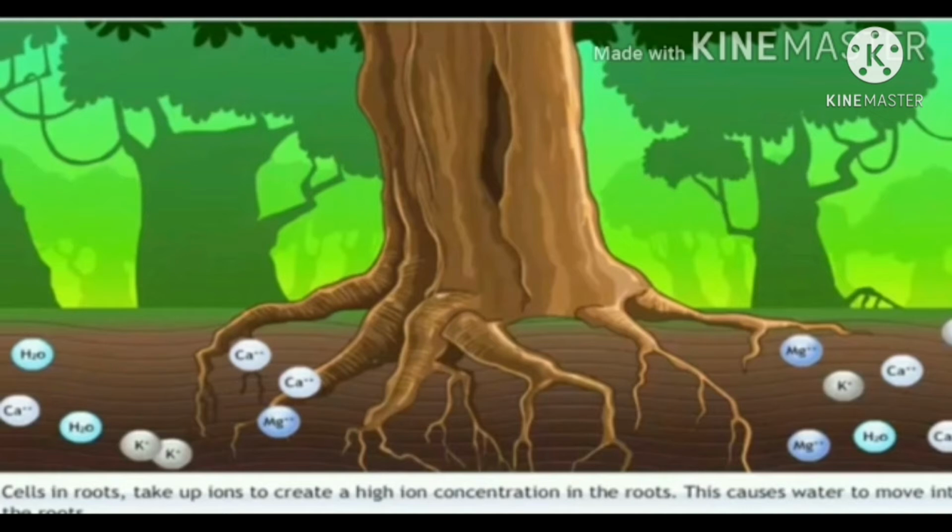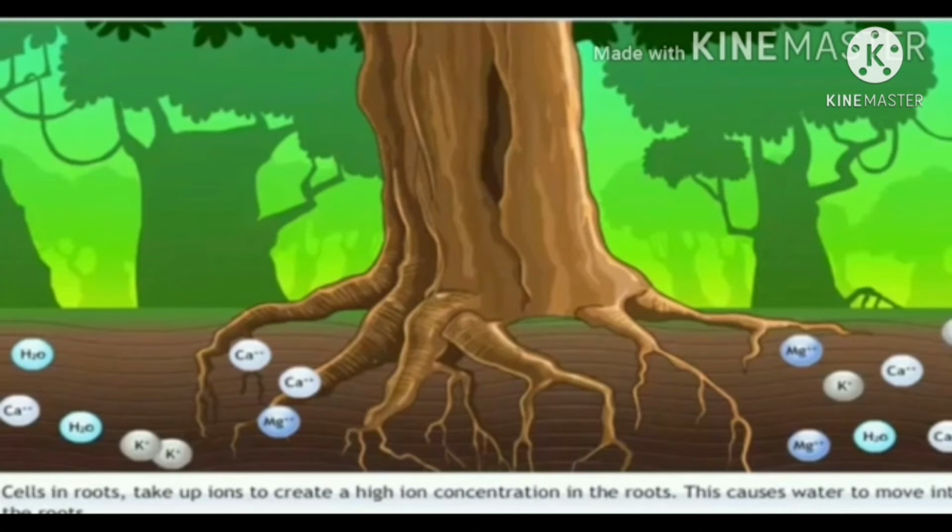This means that there is steady movement of water into the root xylem, creating a column of water that pushes water upwards, that is root pressure. See, children, this pressure is not enough to move water over great heights. So, plants use another strategy to move water upwards, that is transpiration.